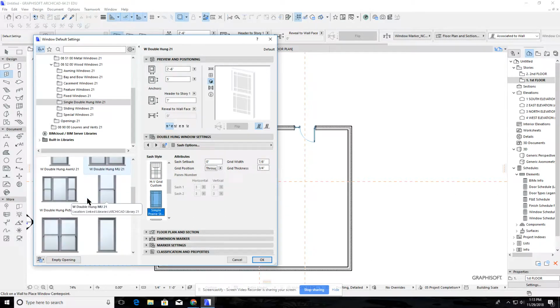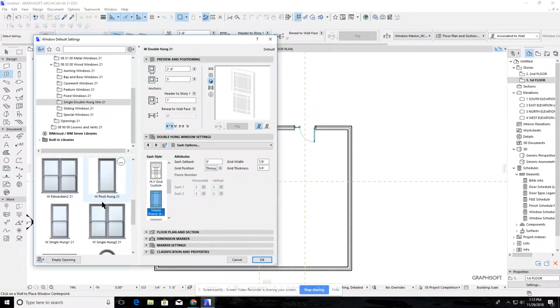This is a double hung. If we look up here, there's casement windows, awning windows, bay windows. There's all kinds of windows. Okay, so we'll just leave it at this one